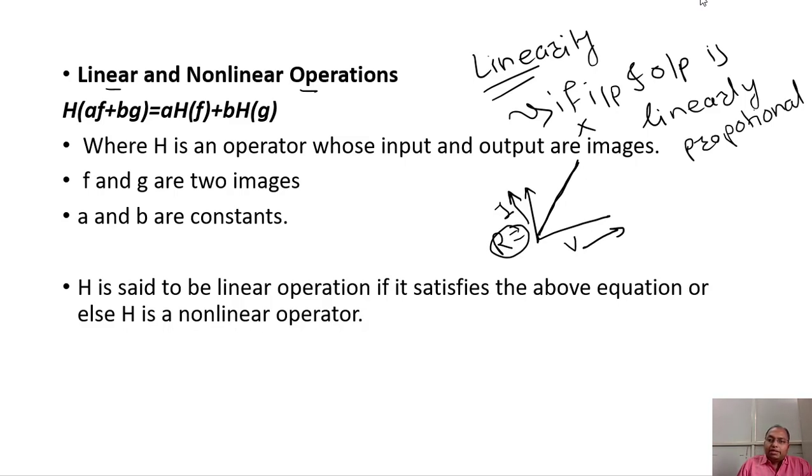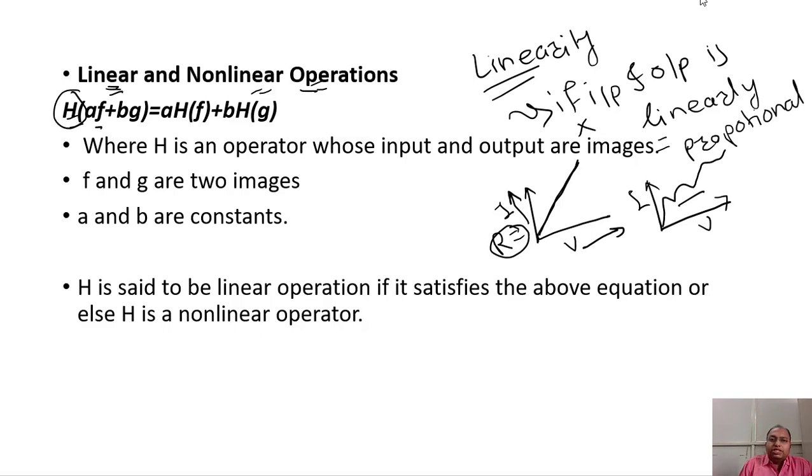But let us say there is a component which has a relation like this one. It does not have a direct linear relation. Then this kind of waveform or graph is called a non-linear graph. Is that fine? Okay, so over here we are now going to apply linear operations and non-linear operations, right? H is nothing but the transformation or operation that we are going to perform.